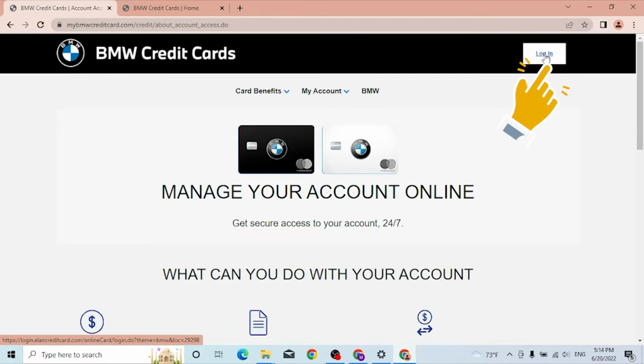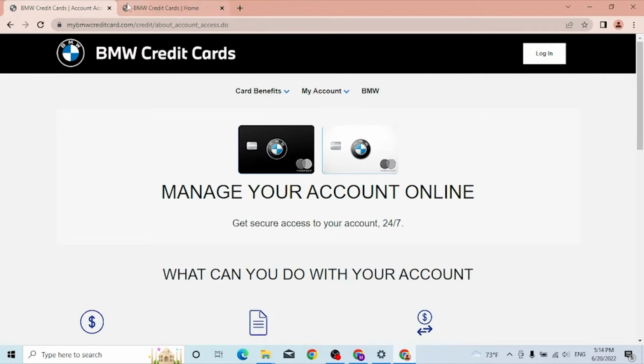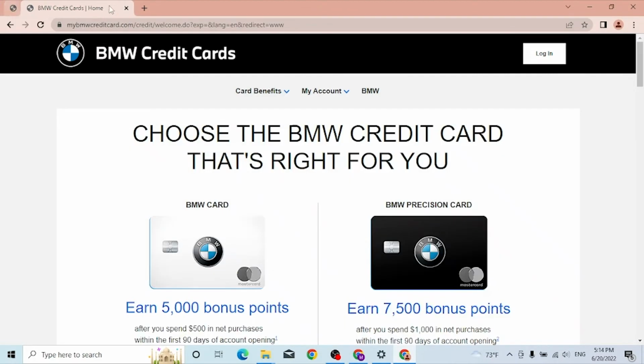But let's go to the home page of the BMW, and you can see this is also the BMW's credit cards home page. Now since both of these websites are same, just close one of these. And now to log into your BMW credit cards account, you can see the login option available over here on the top right. Click over there,